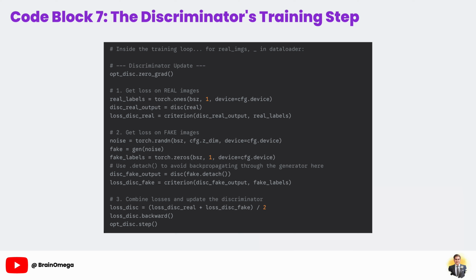This time we compare its predictions, disc_fake output, against a tensor of all zeros. Now look at this line, disc_fake.detach. The .detach call here is the most critical detail in this step. It tells PyTorch to treat the fake tensor as a constant, as if it were just an image we loaded from a file. This effectively freezes the generator, ensuring that when we call